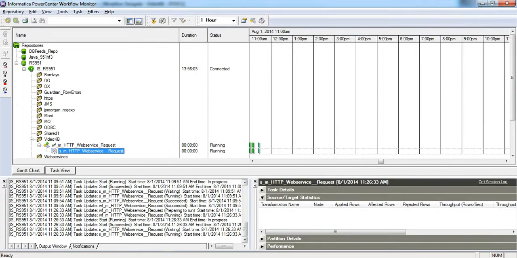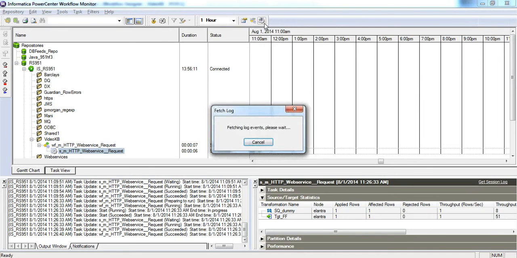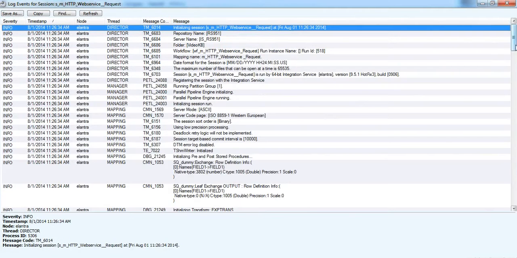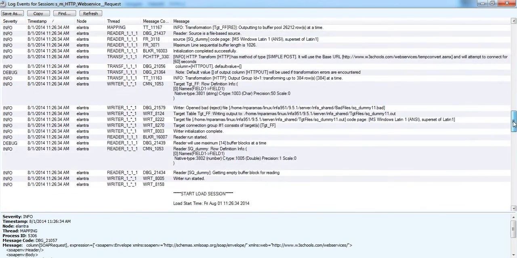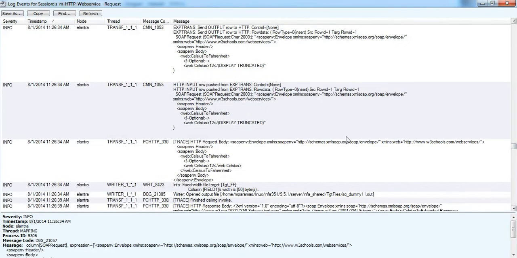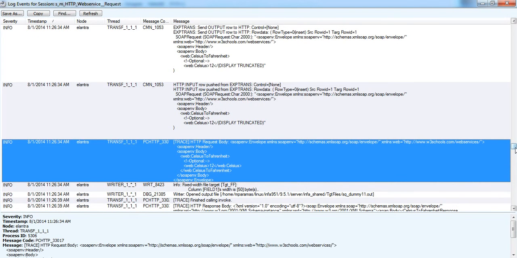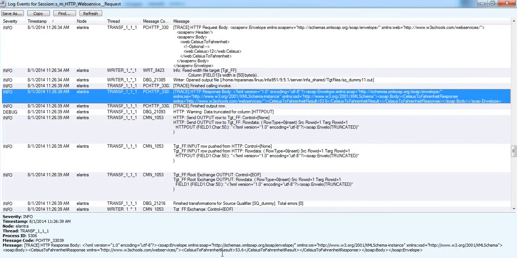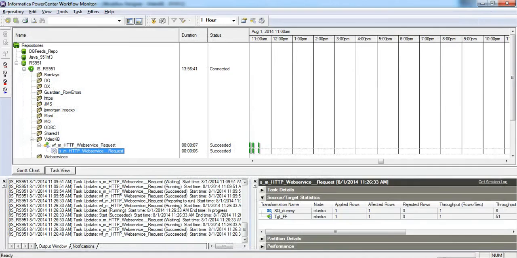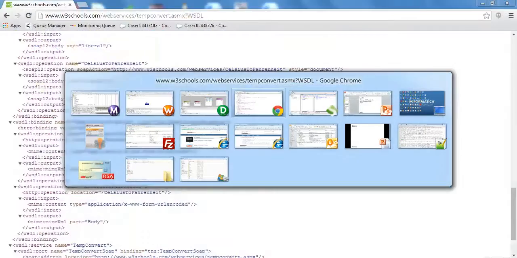Start workflow. And in the Workflow Monitor, you could see the session running. One record read and one record written. And if you check the session log, this is the SOAP request. So HTTP request, you can see here, I have run this in verbose data mode, session log, and the HTTP response is here. So we sent a value of 12 degrees Celsius and we got a value back as 53.6 Fahrenheit. So the output will be the entire HTTP response, which we can see